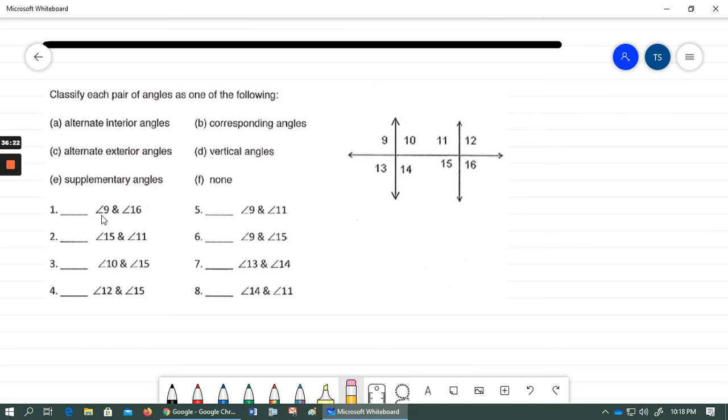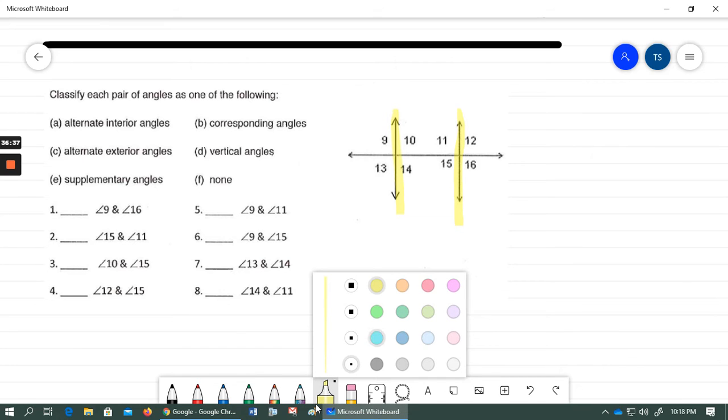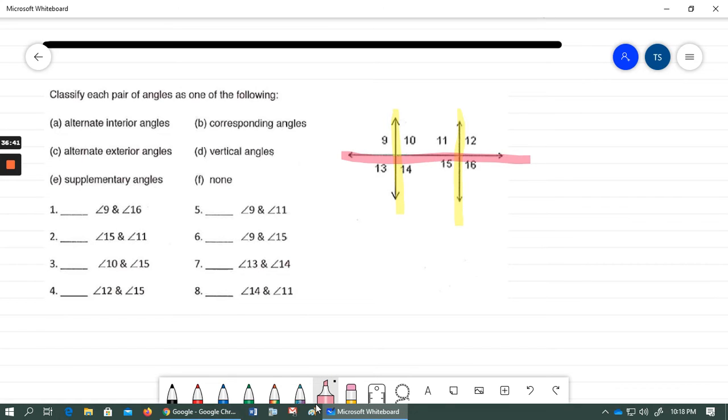Angle 9 and angle 16, do you recognize what types they are? Do you recognize that these are the two lines here, and that this other line right here is the transversal? So, again, angle 9 and angle 16